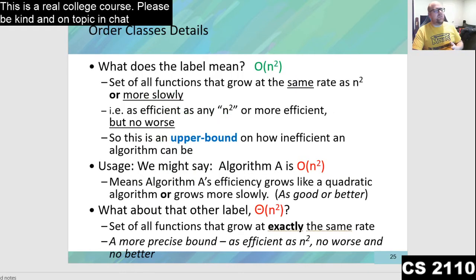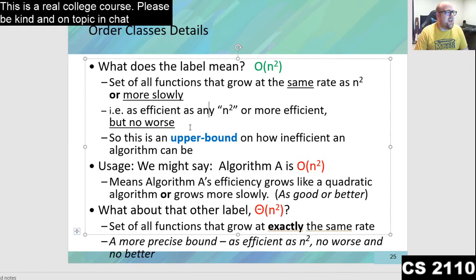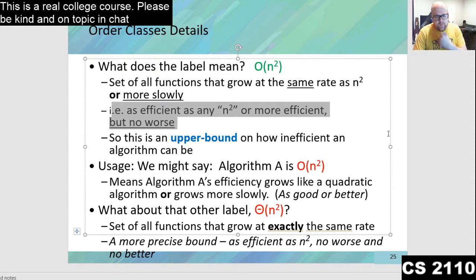So what does it mean to say something is O of n squared? It means that the function grows at the same rate as O of n squared or more slowly. This is an important point. What we are saying when we say a function grows at O of n squared is that it is not worse in terms of growth time than O of n squared. By that I mean,